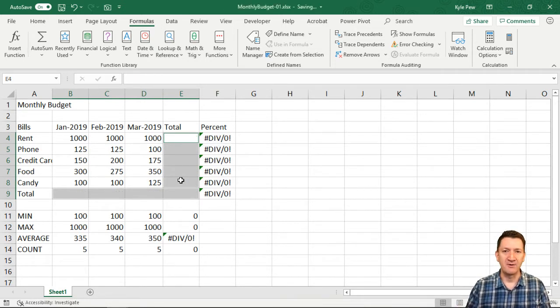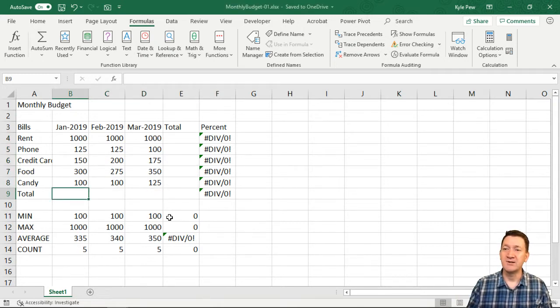Let's delete them out of there. Don't want them right now. We got some errors. That's all right. Those are going to come back. We talked about that earlier. So now I want to sum those back up. We saw the hardcore math approach, this plus this plus this plus this. We saw the function approach, which added a little more streamlined effort, made it a little more efficient for us. Now let's see the auto sum.